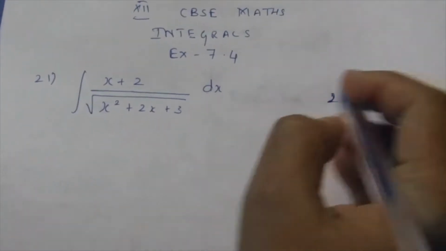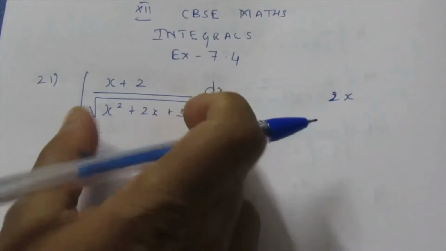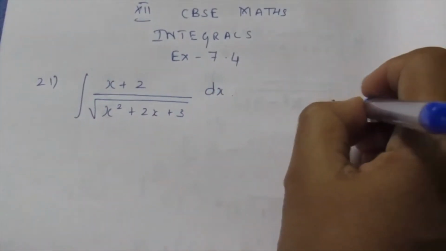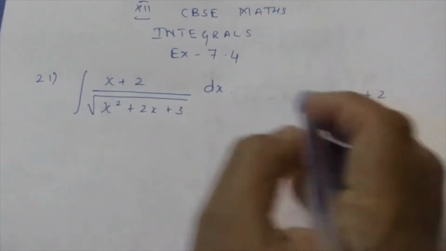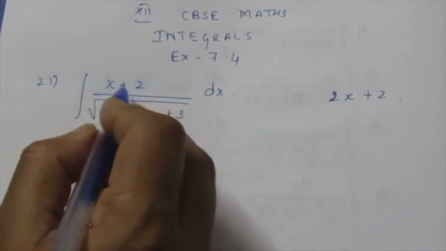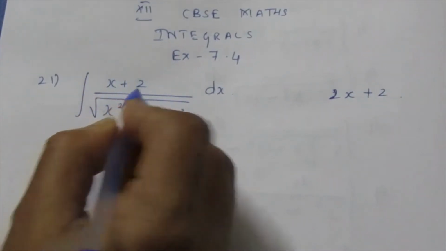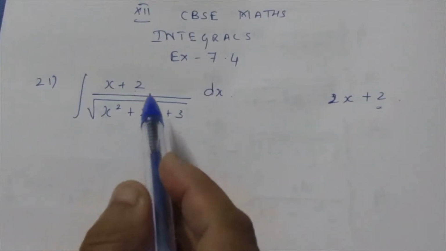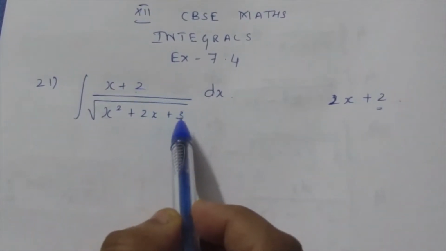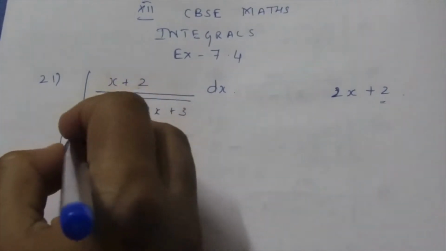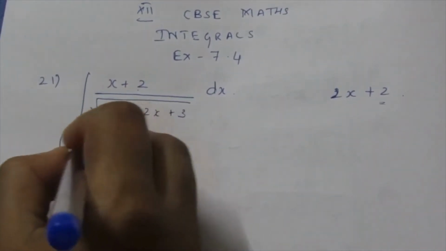Usually we will think that for integrating, differentiation is possible because we don't have any division rule. So here, you can think you can multiply by 2. If I multiply 2 to the numerator, this becomes 4, which is not possible. Here we want 2. So it is not possible to take the denominator differentiation for the numerator. For that reason, we can take the question differently.